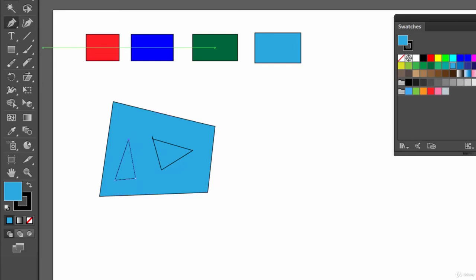Now select this object, select the eyedropper tool, make its color this one. See how simple it is, right? Select this object, select the eyedropper tool, make its color this one. See? So this is how you can use the eyedropper tool. Yes, friend. This eyedropper tool is also very handy to work with in your projects.